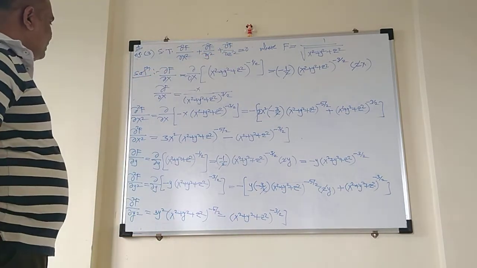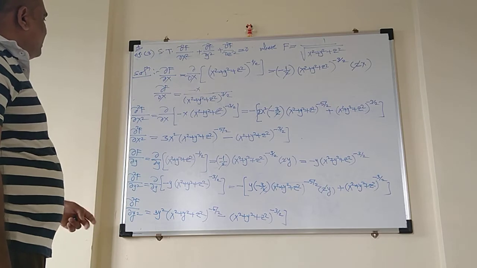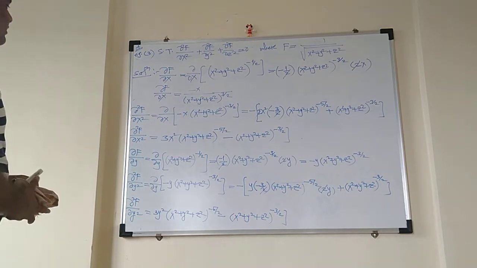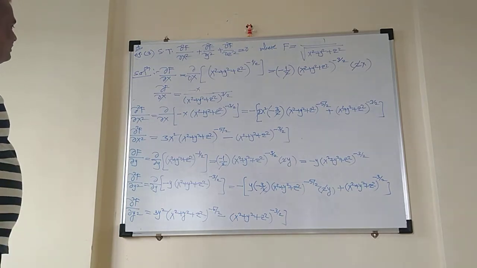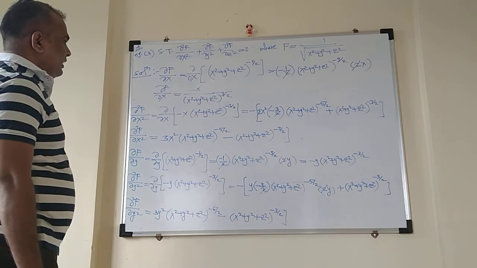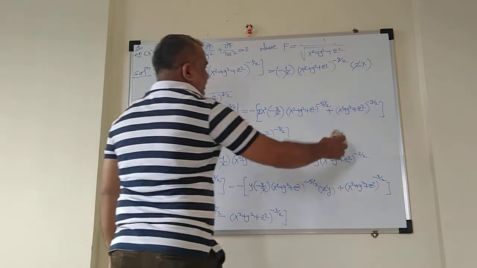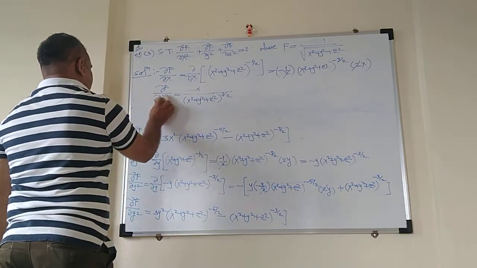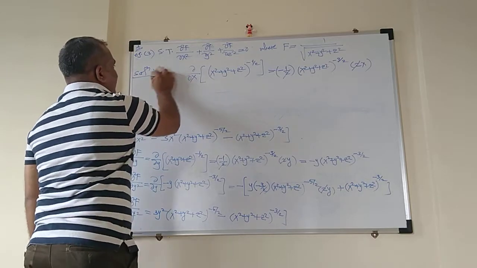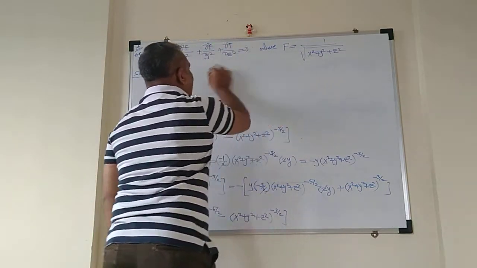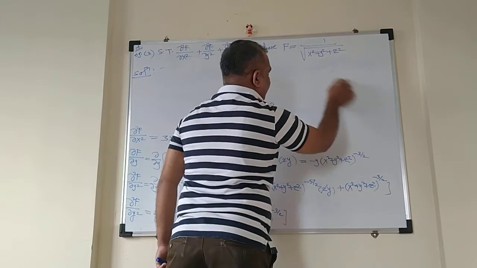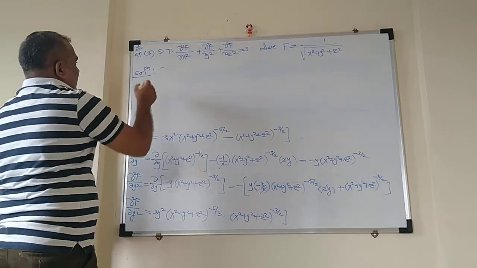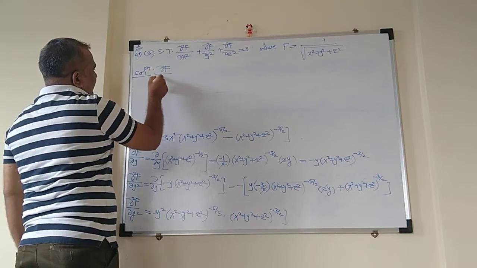Now let us proceed ahead and calculate the partial derivative with respect to z. And to calculate the partial derivative of the second order for the next variable, the z variable, let me rub out this part, and I will calculate the value of dou f by dou z here. Fine. So let's calculate the first partial derivative, dou f by dou z.